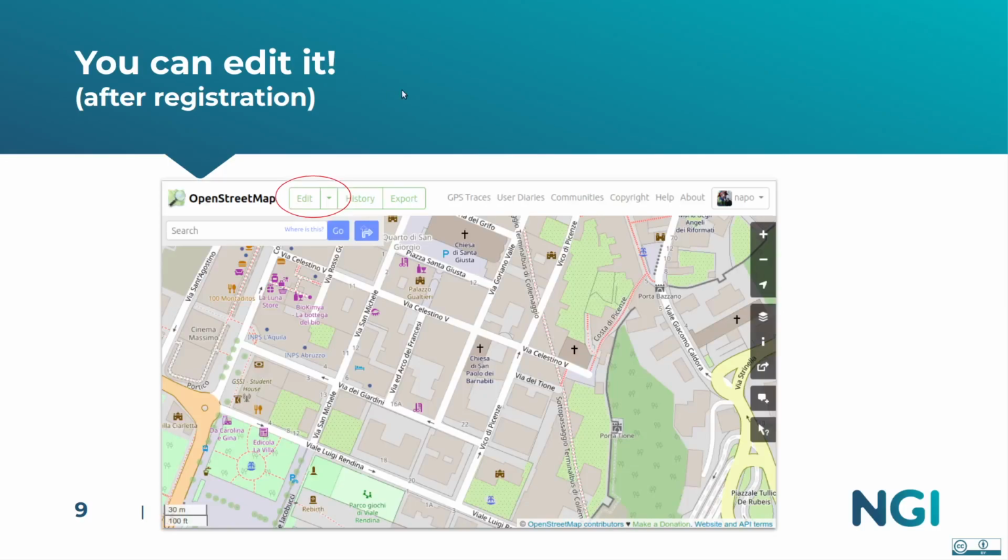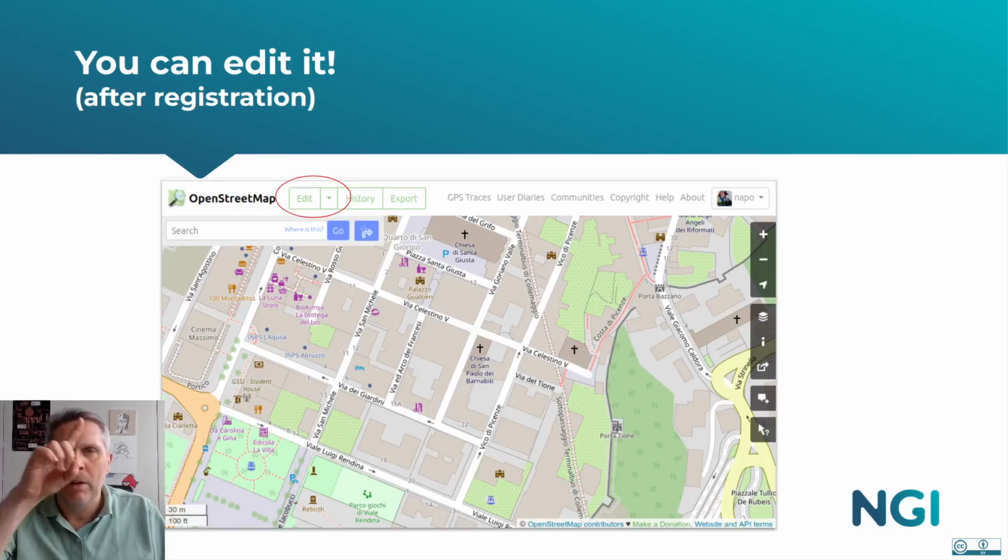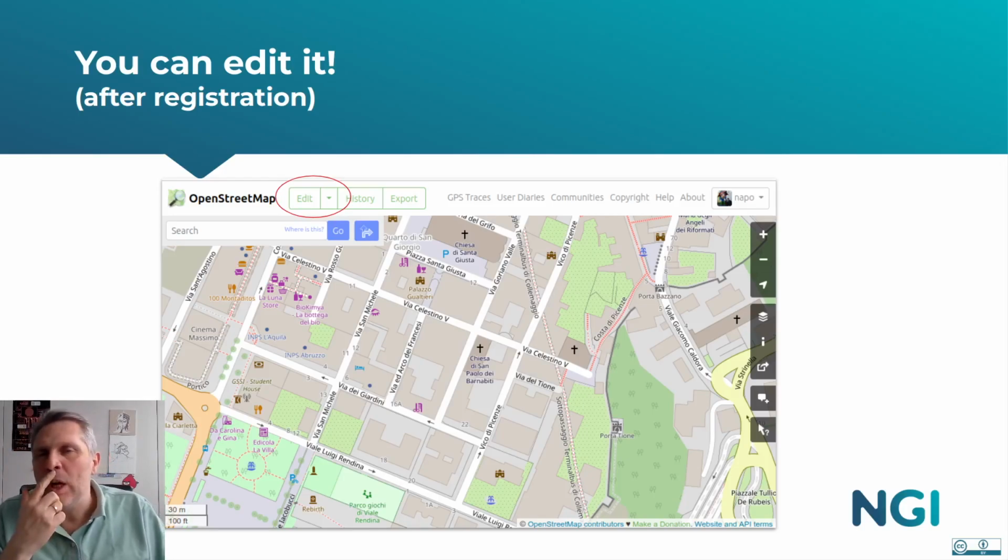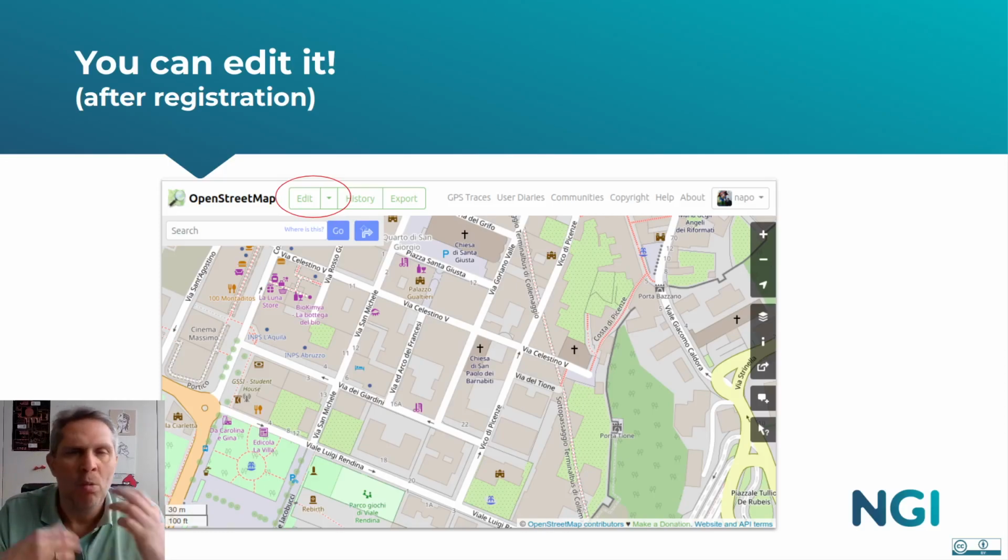You go to the website of OpenStreetMap, and here, over me, you can see Edit. You can edit the map. So what I mean is, if there is a mistake, you can correct it. It is amazing. Some people have fear about this because everybody can correct, everybody can modify the map. Yes, it's possible, but I think everybody of you has a story where a map like Google Maps, TomTom, whatever you want,